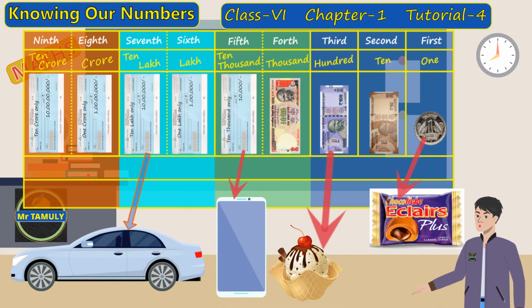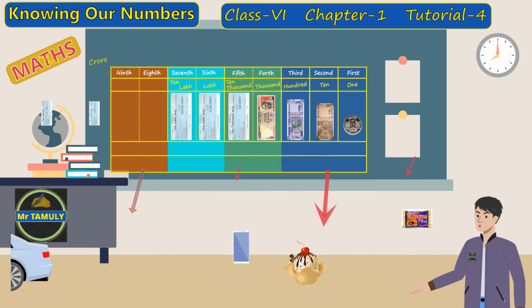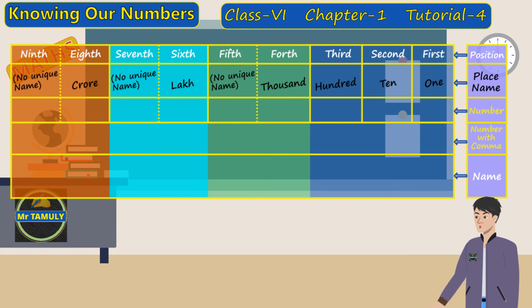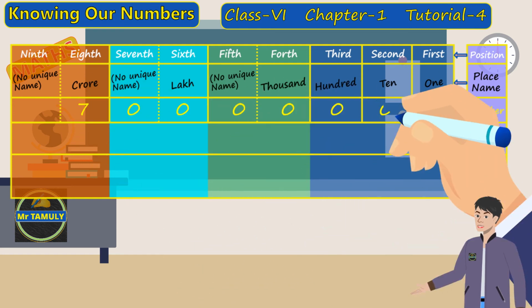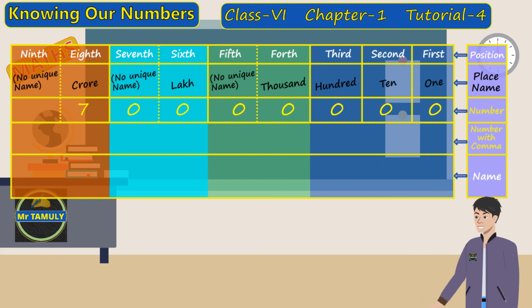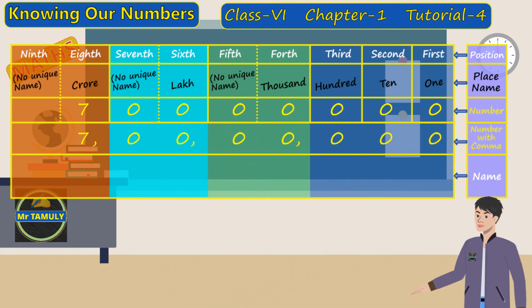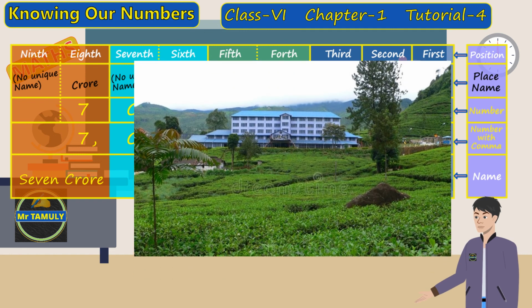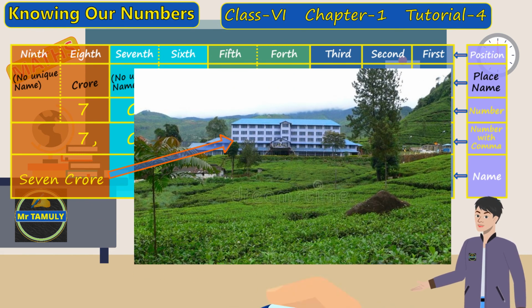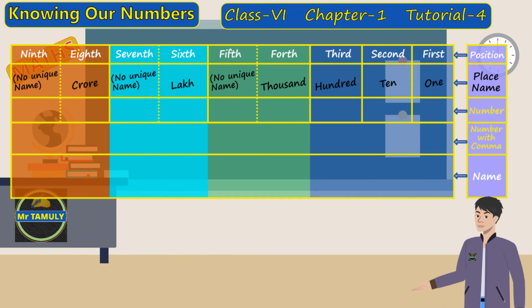Before concluding this tutorial, let's try and name a few 8-digit and 9-digit numbers in the Indian method. First let's take the 8-digit number 70,000,000. Using commas we shall write 7,00,00,000. Now it has become easier to name the number. And the name of the number is 7 crore. 7 crore rupees is the jackpot prize that one can win in KBC. With 7 crore rupees you would probably be able to set up a factory for producing tea from green tea leaves. Let us take another random 8-digit number,